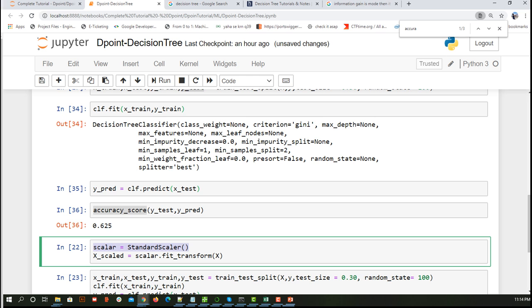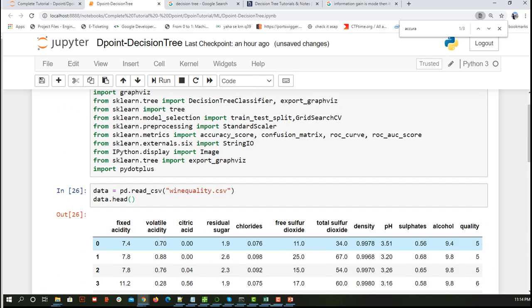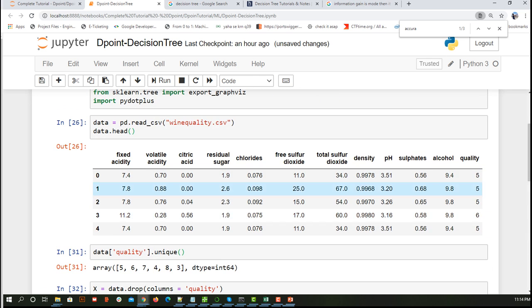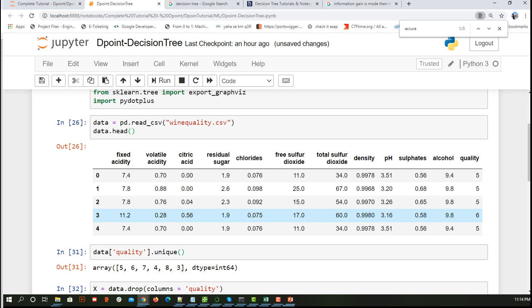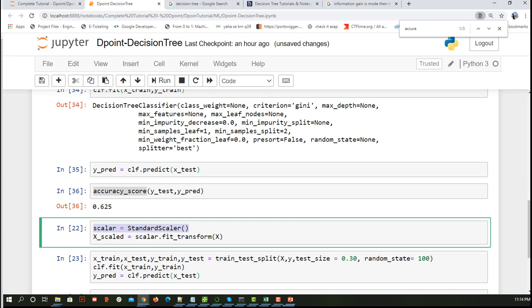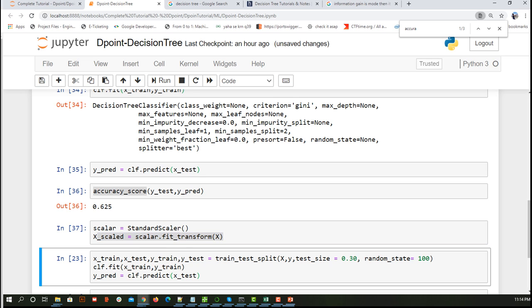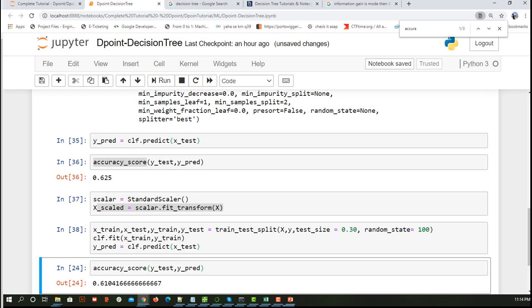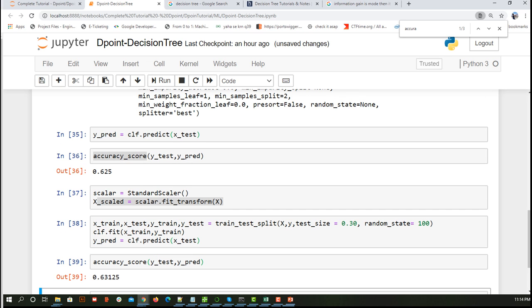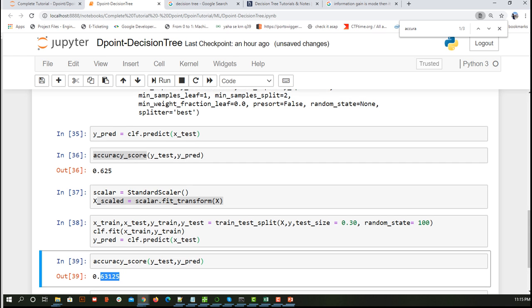Here basically I'm trying to scale my X. If you know what scaling is, this attribute is on a scale of 7 to 11, this is on a scale of 0 to 1, or I can say 0.7 to 0.8, this is from 1 to 2, this is on a scale of double digits. So all attributes are on different scales, so I am bringing them to a common scale, and then again I am going to repeat the same steps: splitting, fitting and then predicting. Now if I try to find my accuracy, it is 63. So you can see my accuracy has improved a bit. Like that I can apply many techniques.